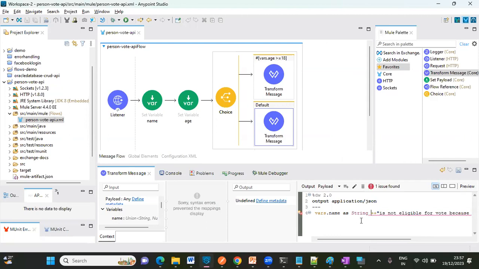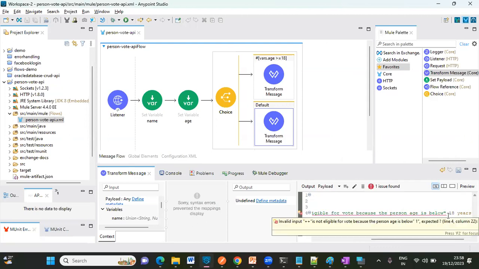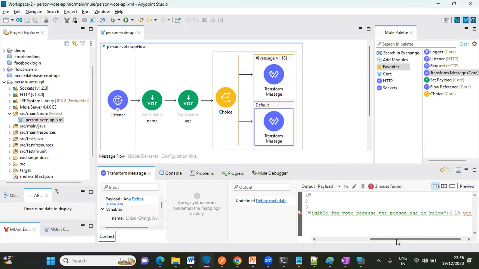Okay, as string is not eligible for vote because the person age is below, see again. So this is also, it should come from a variable. So in that case, what I will do is,